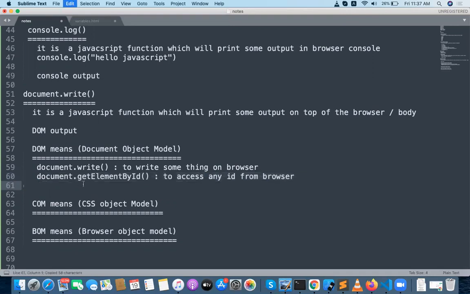And one more function is document dot getElementsByTagName, which is the function to access any tag from the browser.